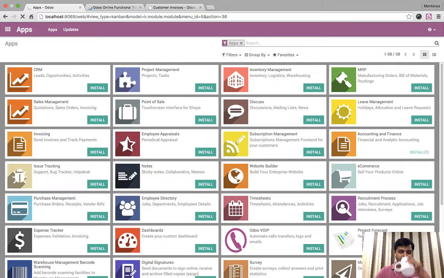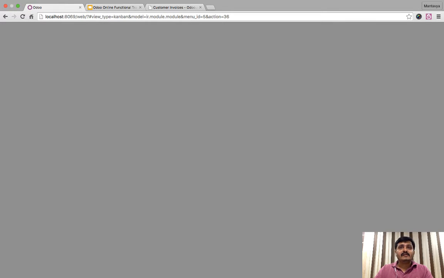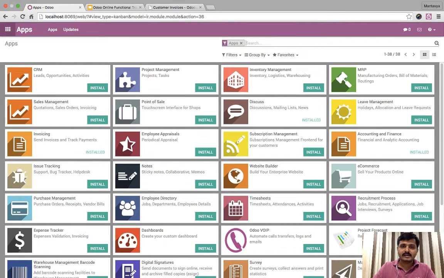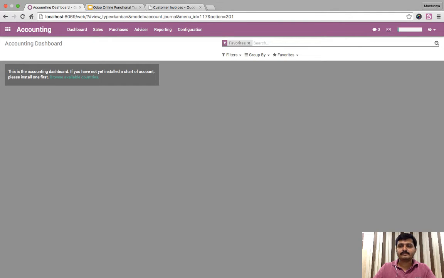Okay, it seems it's done. We have installed the accounting module. You can see on my dashboard that this is the accounting dashboard. If you have not yet installed a chart of accounts, please install one first. It means that it detects automatically that I have not yet installed any chart of accounts. It means that I have not configured this accounting installation for any country specific